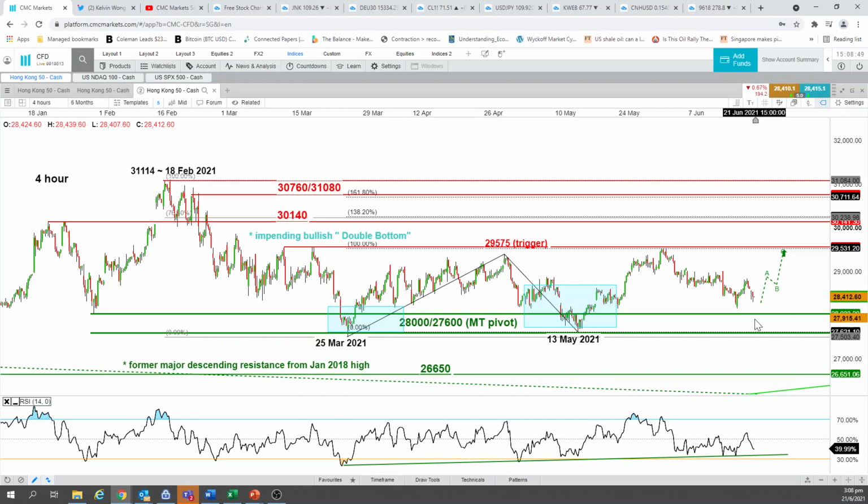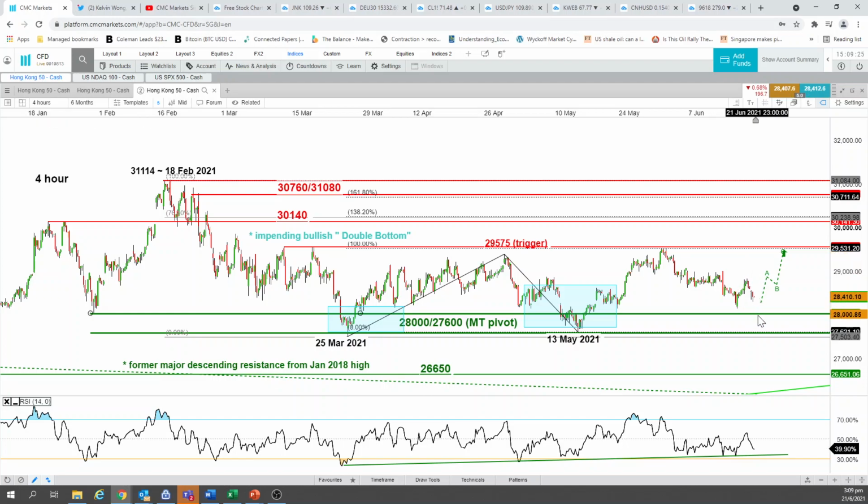So with that in mind, right, potentially we could see this week for a potential push up to test that upside trigger level, which is the neckline resistance of this basing formation that is in place since March low, which is about 3 months plus for now, which is at 29,575. All right, so unless it could break above 29,575, then we could clearly see more substantial or more pronounced potential upside movement for now. So till then, still expect this kind of potential basing to take place. I mean, more like a sideways configuration.